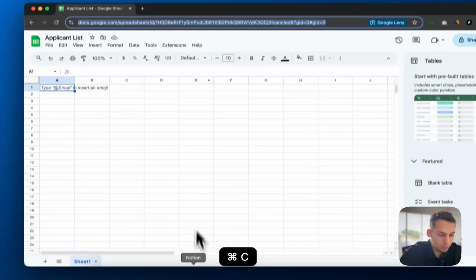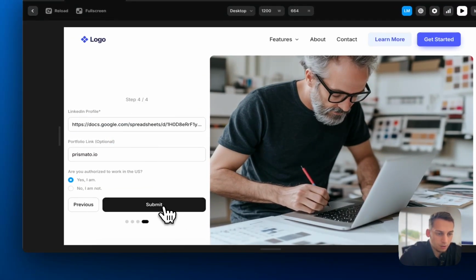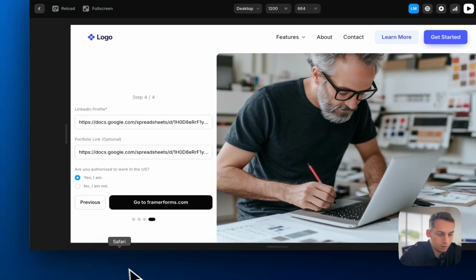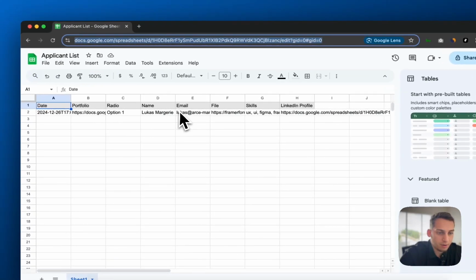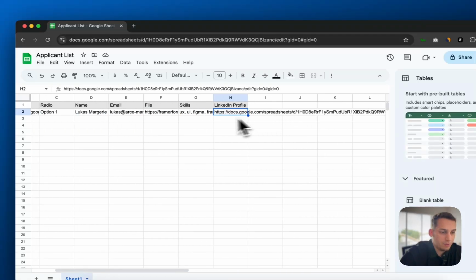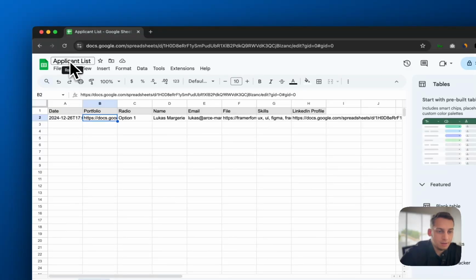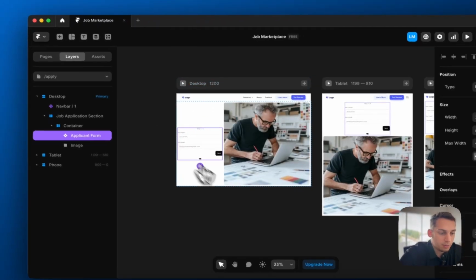Something is wrong with this. Let me just go back to Framer and click on submit. Submit. Let's go here. Okay, boom. Here it is. You see? So we have our portfolio, which is this doc, and we have everything else. So basically we have a list. So this is going to be our applicant list, and we're going to do the same thing for the jobs, right? So we have our applicant list and for the jobs,